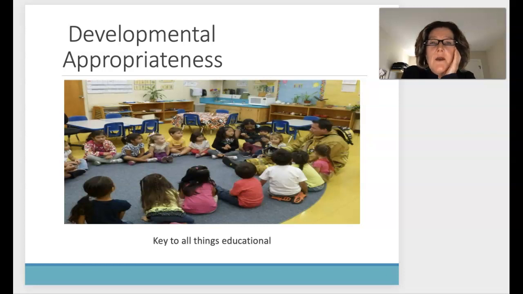If you started talking about really abstract concepts here, they actually cannot understand you because they are not physically or cognitively ready to handle that kind of thing. So you need to be aware as a potential teacher in order to make your classroom the most efficient.